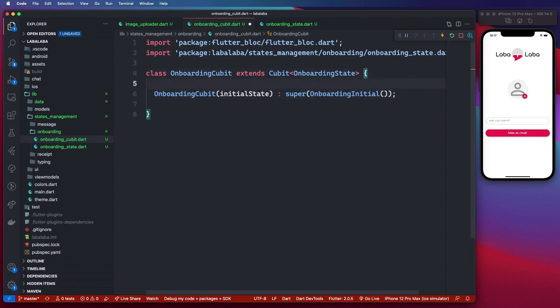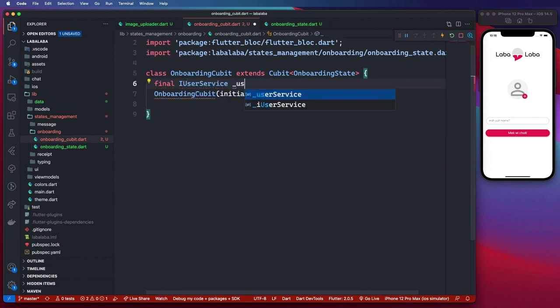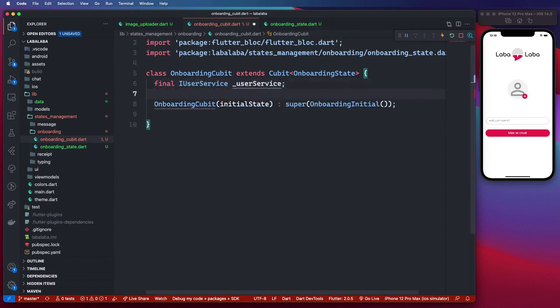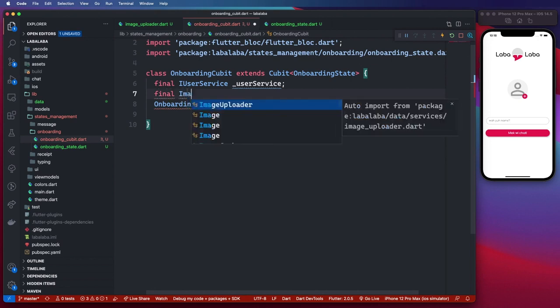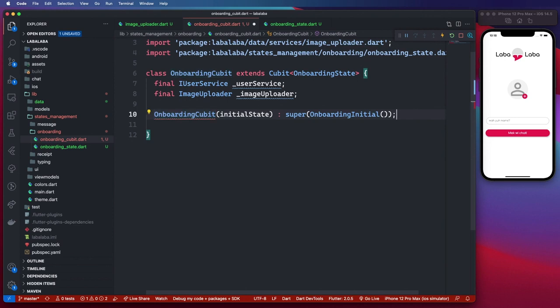So for our dependencies, we want the user service and also the image uploader service, the image uploader. Let's go ahead and inject those into our constructor. So user service,